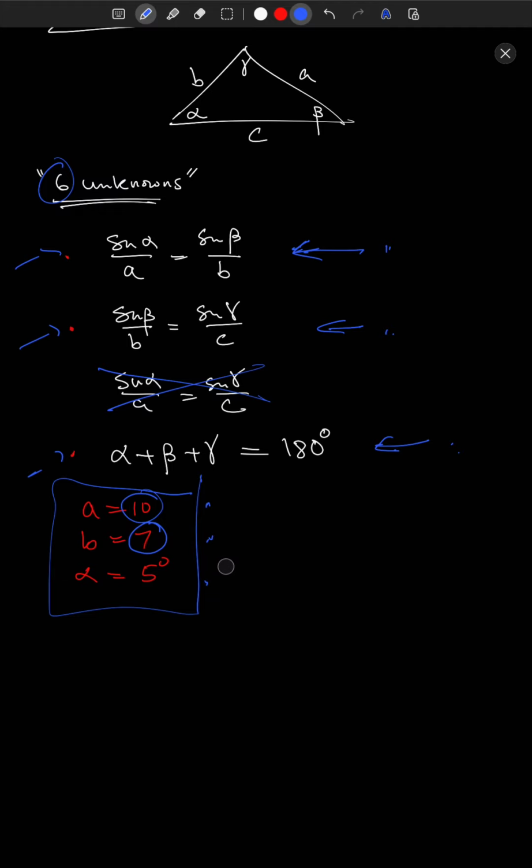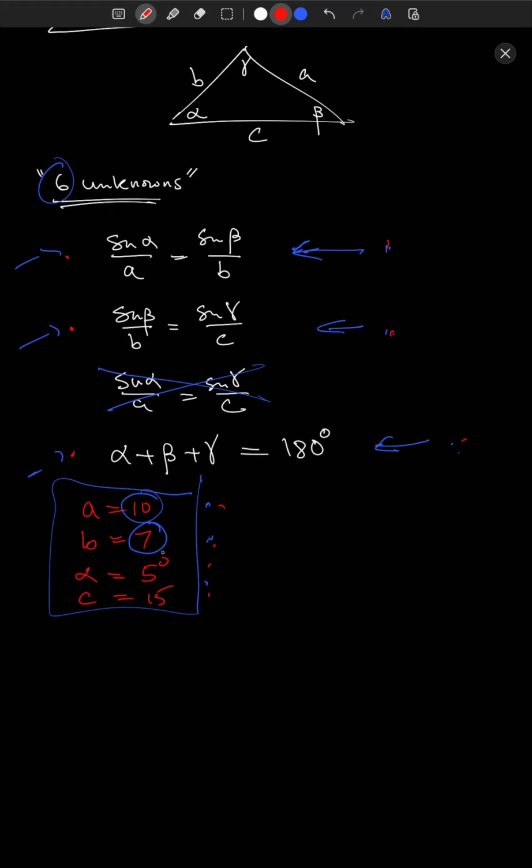Let me also say this. If I give you too many bits of information, so let's say I say we have alpha is 10, A is 10, B equals 7, and let's say I also say alpha equals 5 degrees, and I also say C equals 15, right? That's going to be 7 pieces of information, our 3 from above, and then 4 more. So generically what that means is that there is no triangle that